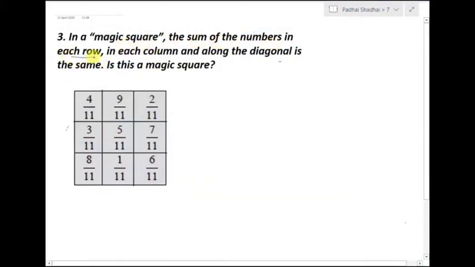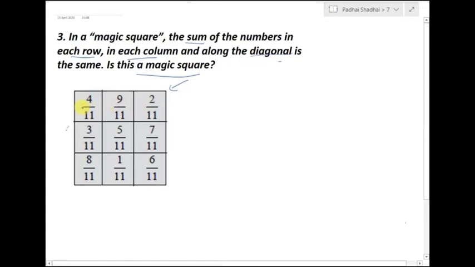Okay, here we have to find out that the given square is a magic square or not. That is, we have to see that the sum of each row, column and diagonal is same or not. Then it proves that the number given here is a magic square or not. We have to add each column, each row and each diagonal. So diagonals, you can see the diagonals and everything. Okay, so we will mention here columns and rows and diagonals.